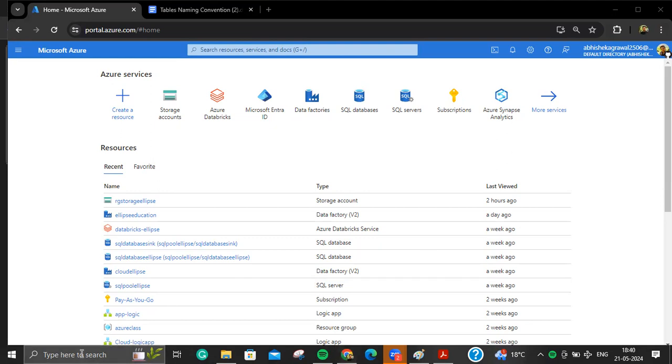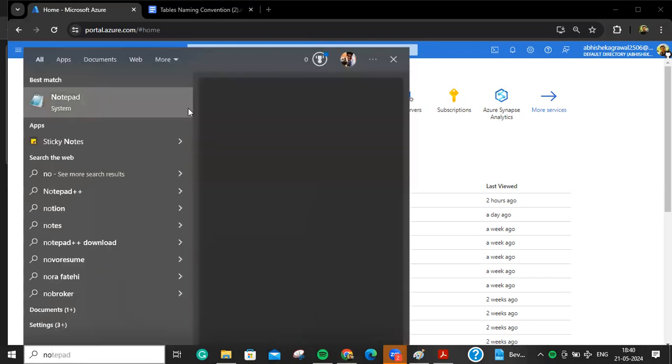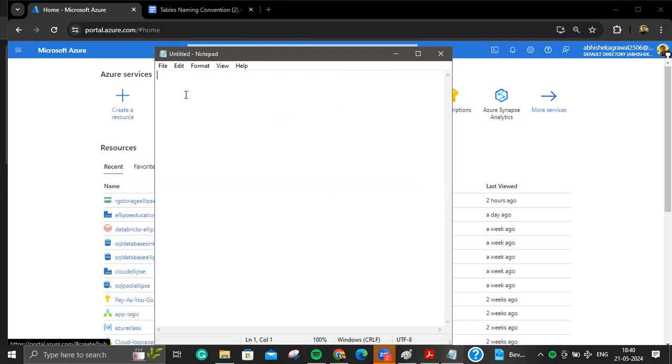So I will just write it down so that we know the agenda for today's class. First of all, we'll understand the different types of roles present in Azure. Roles as in, besides Azure data engineer, what is the role of Azure admin? What is the role of Azure DevOps engineer? What is the role of Azure architect? What is the role of Azure data scientist? What is the role of Azure ML engineer? What is the role of Azure data analyst? We'll understand all the roles,